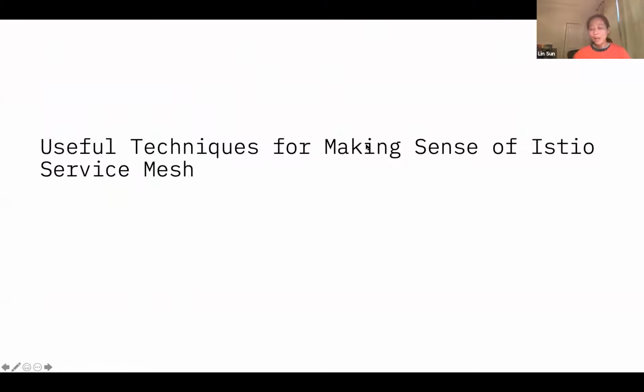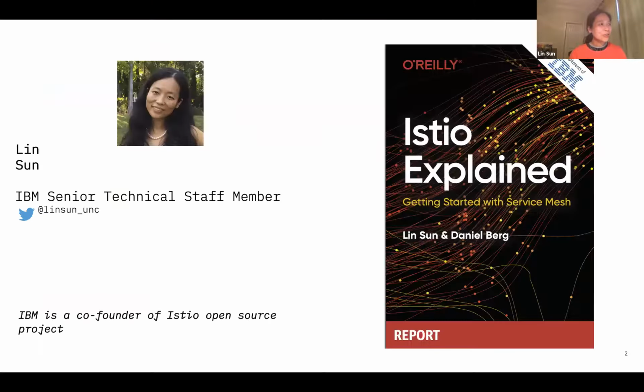Okay, great. So today, I'm going to introduce a bunch of useful techniques to help you make sense of Istio service mesh. I think Bill already gave me a wonderful introduction. The only thing I want to say is I recently wrote this book, Istio Explained, to help our readers get started with service mesh.